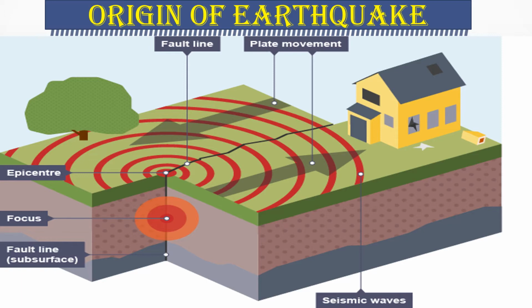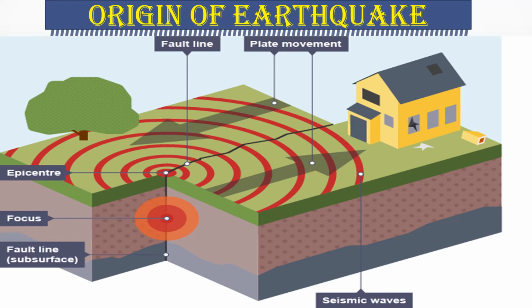At the top, just above the focus, on the same parallel line, that is the epicenter at the surface of the earth. On the surface of the earth it is called the epicenter. Under the earth, from where the earthquake is originating, that is called the focus. And here you can see the red lines. These red lines are the seismic waves, the waves that are producing the vibration around the earth.